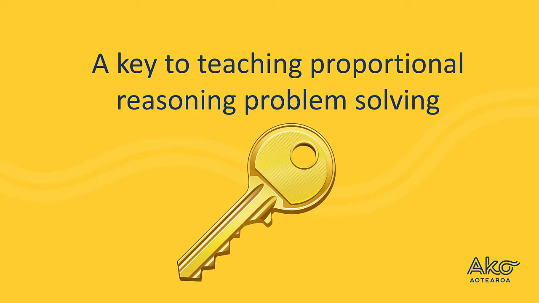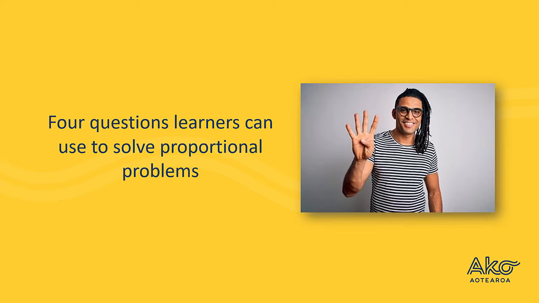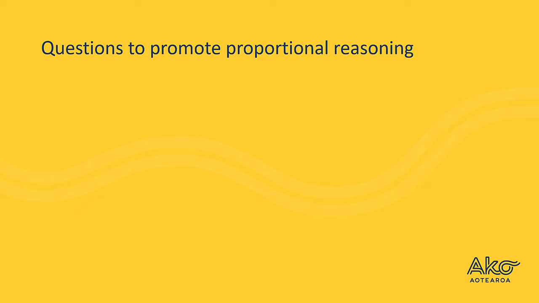Hi everybody, I'm going to give you a quick key to teach proportional reasoning for problem solving to adult learners. The key is to use 4 questions that guide the learner while they're solving problems. What this will do is give the learner a map to solve problems and also provide multiple opportunities for them to be successful. We'll quickly look at the questions here and then we'll work through a problem as an